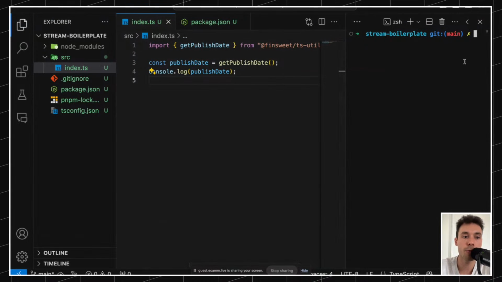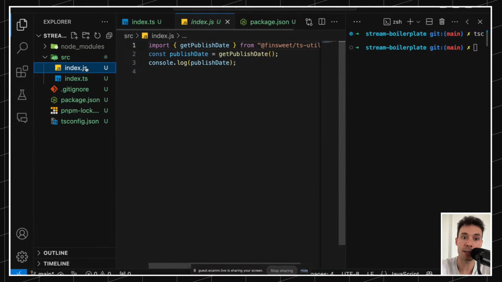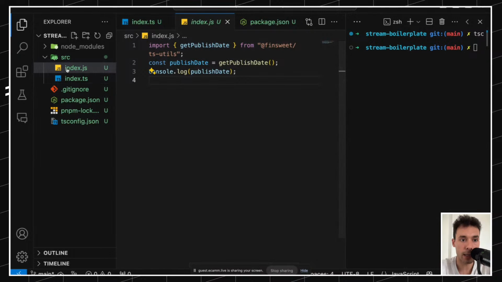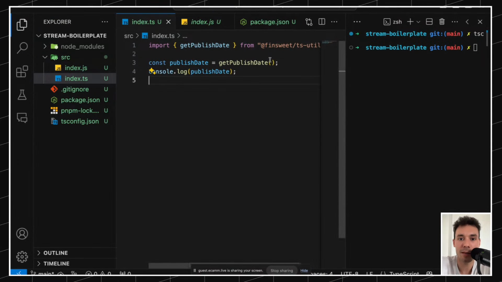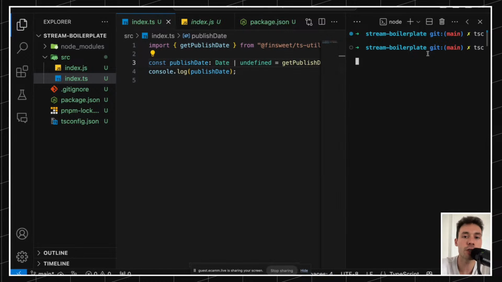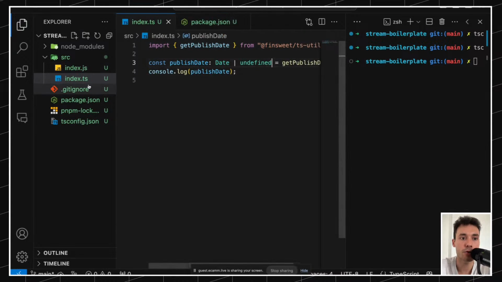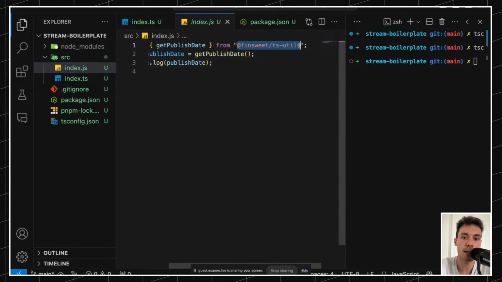Now, look what happens if we compile this using TSC. Remember that TSC is the compiler that comes with TypeScript, but it's a compiler. It's not a bundler. So look what happens here. If we inspect the compiled code, which is this index.js file, what happened is that it really didn't do anything because there's no TypeScript. I think this has to be a date or undefined. If I define this like this, it will just strip the types. As you can see, it strips the types,